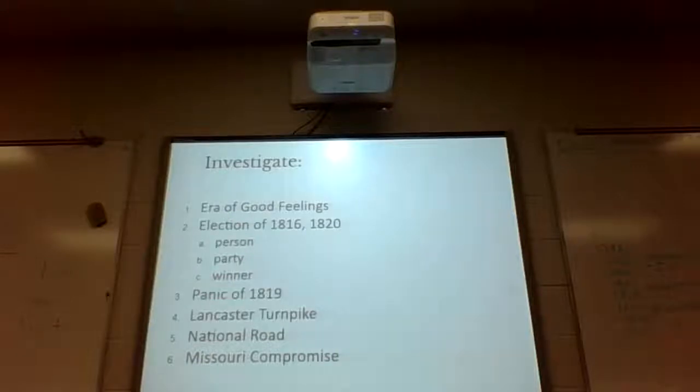Moving on. What was the Lancaster Turnpike? It was a giant road built between Lancaster, Pennsylvania and Philadelphia. Can you recall what we talked about yesterday? As far as this is concerned? The American System. Very good. This fits the American System, right? It's now starting to pay off. The United States government is collecting money, and we're now building what Catherine said, a big road, right? Apparently with large tires. I think she meant a long road.